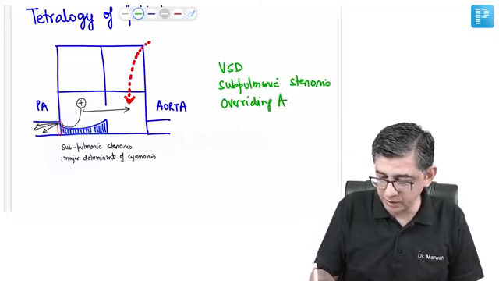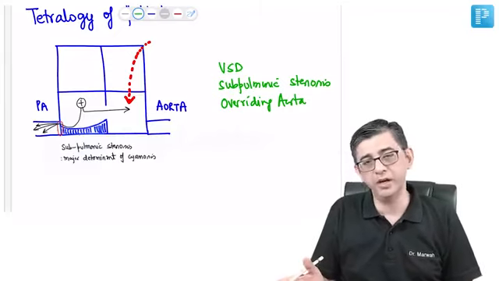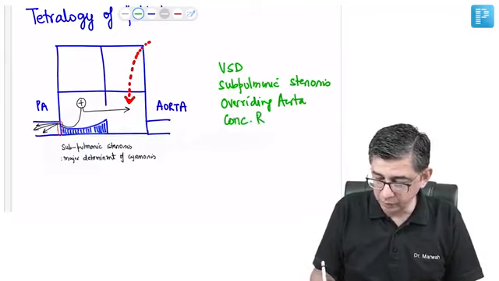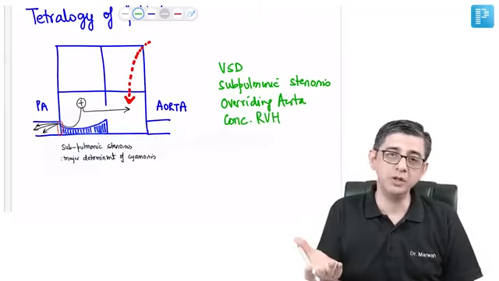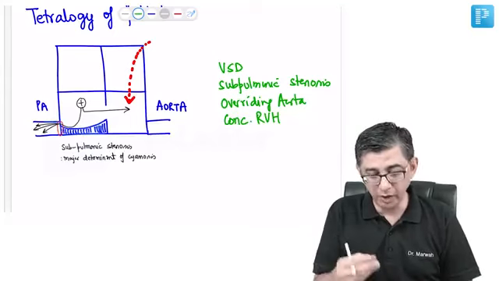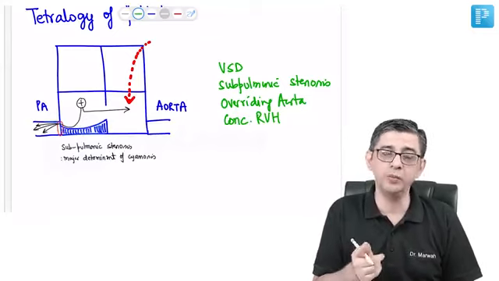Overriding here simply implies that the aorta is getting blood which is a mixture of both the left side as well as the right side. And this concentric right ventricular hypertrophy is present since birth in these patients. I mean, the heart of this patient is not designed like a normal heart anyway. This is going to have a hypertrophy from the inside,